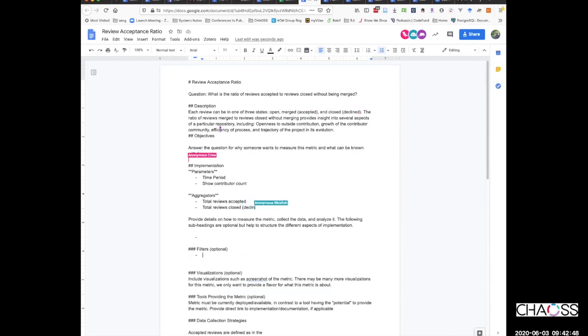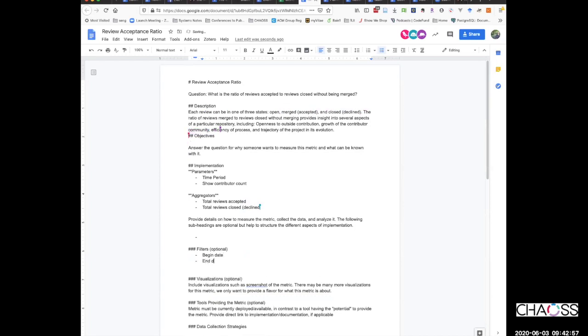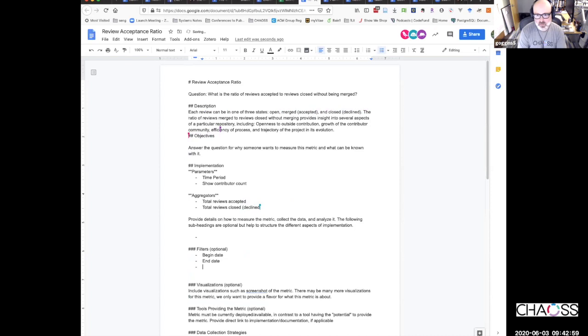Closed without being merged is important. I think you have to make that distinction because all accepted merges are closed as well. Yeah. So closed accepted, closed declined.